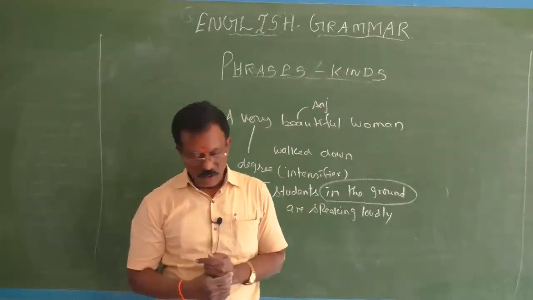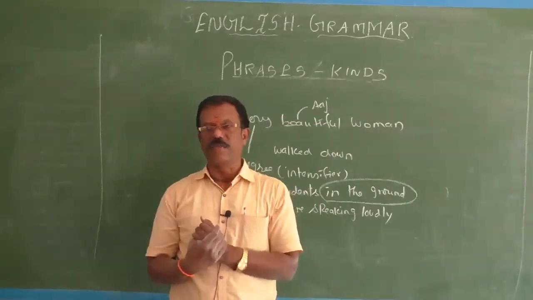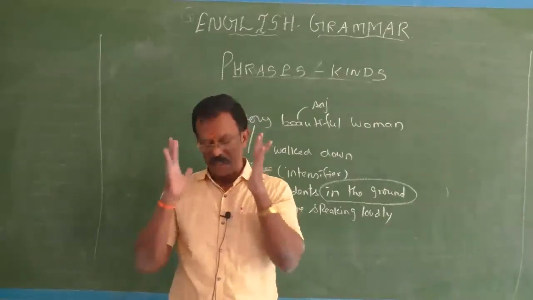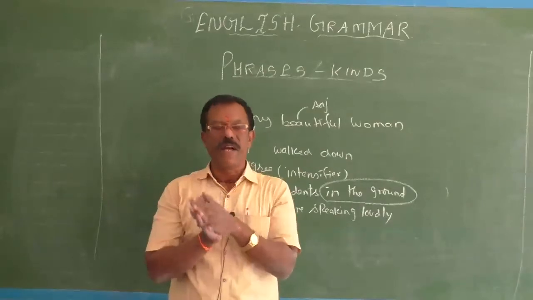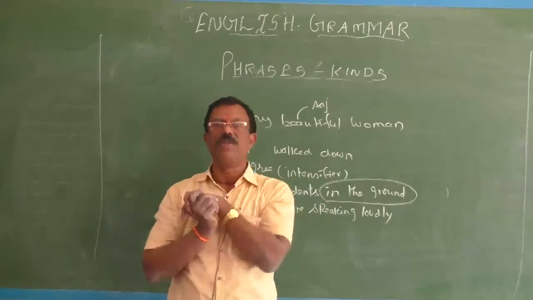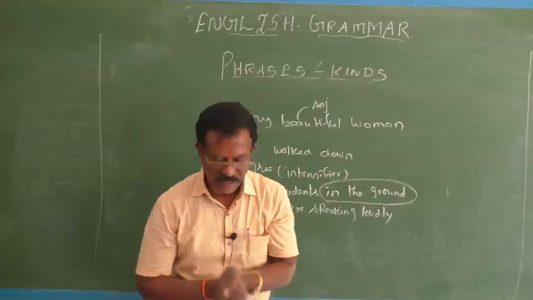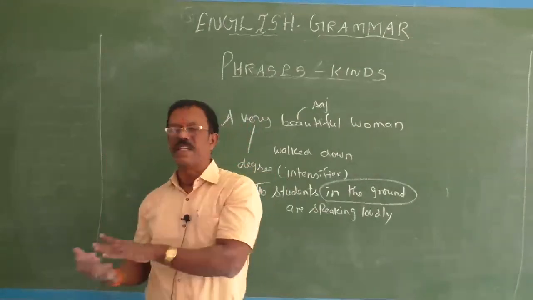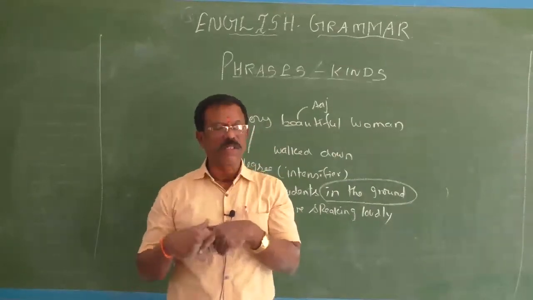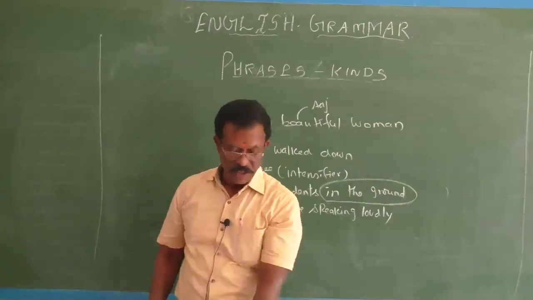Okay, fine. So, from these examples, you can learn that an adjective phrase is nothing but an expansion of an adjective. An adjective phrase does the function of an adjective. It is a group of words where you may or may not have an adjective as a head word, but it does the function of an adjective. An adjective phrase may come in the beginning, in the middle, or at the end of a sentence, but it does the function of an adjective. It may be used predicatively, and it may be used attributively. So these are the things which you have learned.